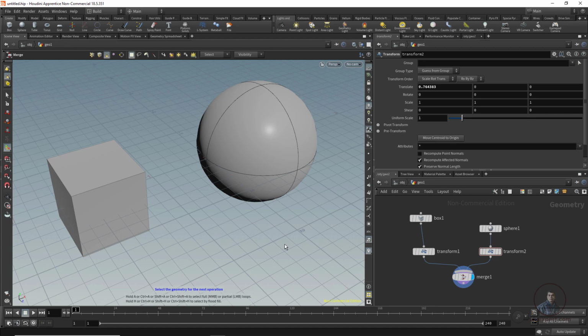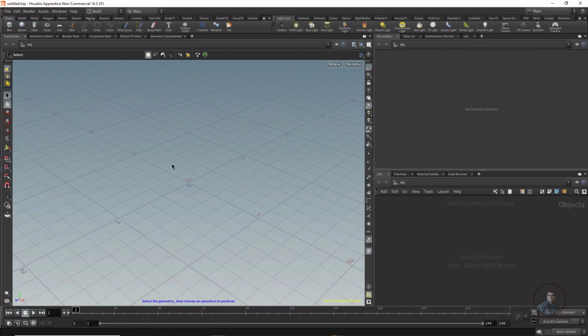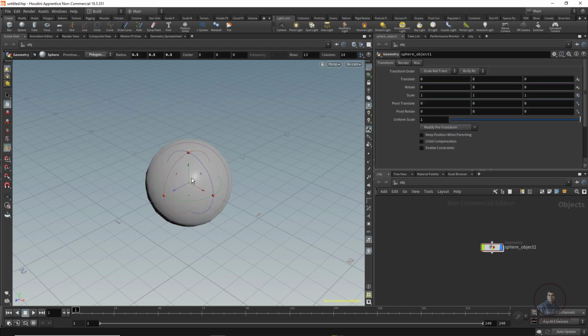So just create a new scene here. Now here I have created a new scene. Now first create a sphere. Now take the sphere and press enter here. So this will be our emitter here. So select the sphere, then come in Pyro FX and just click on flames. Now simply click here.